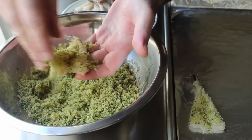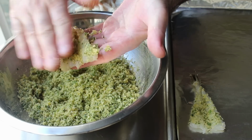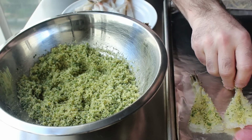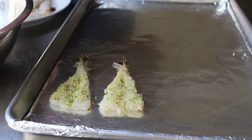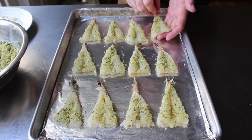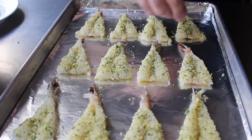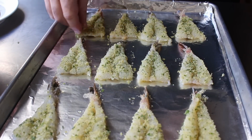Otherwise, the edges of those crumbs aren't going to crisp up in the oven. So we'll apply a very generous amount of crumbs, and then sort of let it fall off, applying more if necessary, until they are lightly but thoroughly coated. And once that's done, if you see a few spots that need a little extra, go ahead and give it a little extra pinch. And then once our prawns have been crumbed and panned, they are ready for the oven,